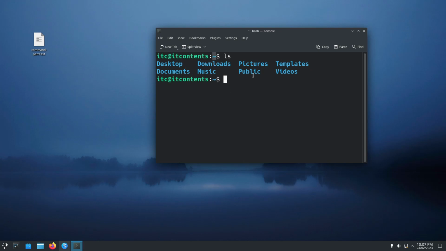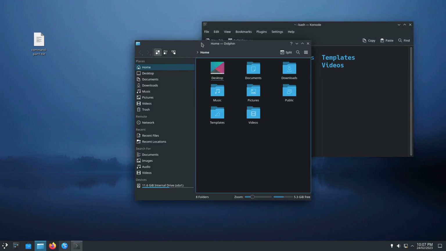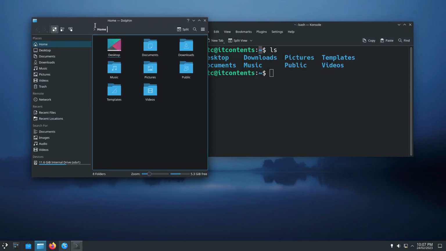So here in our home directory, as you can see, these are the things in our home directory. If I show you from the graphical user interface, when I click file, as you can see, in our home directory, this is exactly what is there. We have our desktop, which is the desktop there. We've got our documents, which is documents there. So when you're using the ls command,